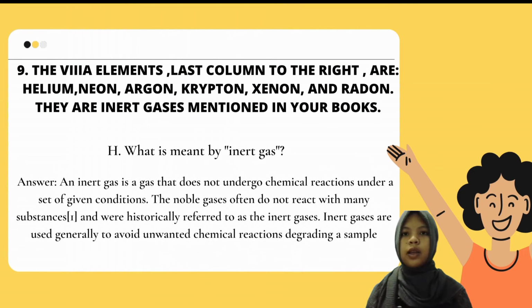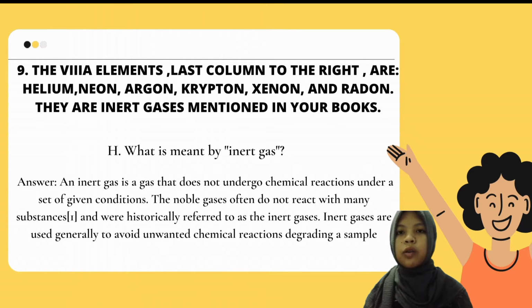So number 9 is the 8A elements. The last column to the right are helium, neon, argon, krypton, xenon, and radon. They are the inert gases mentioned in your books. So the question is, what is meant by inert gas? The answer is, an inert gas is a gas that does not undergo chemical reaction under a set of given conditions. The noble gases often do not react with many substances and were historically referred to as the inert gases. Inert gases are used